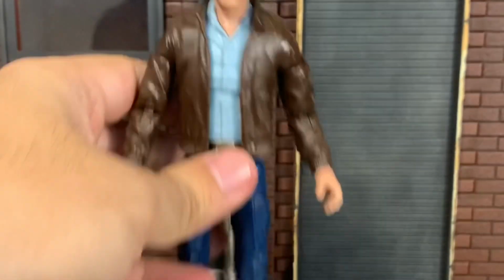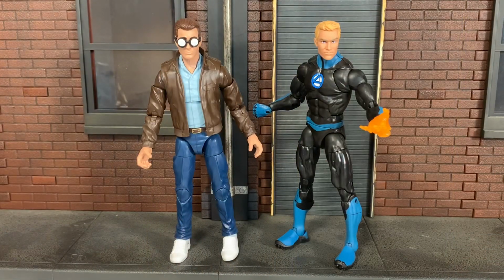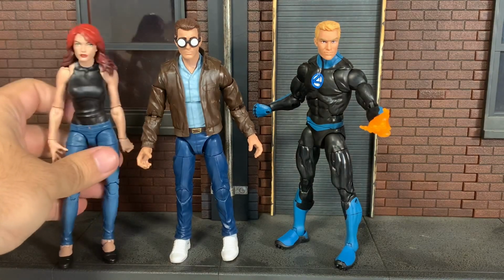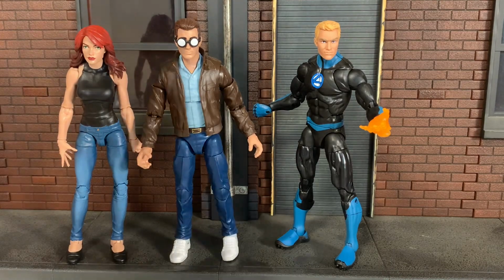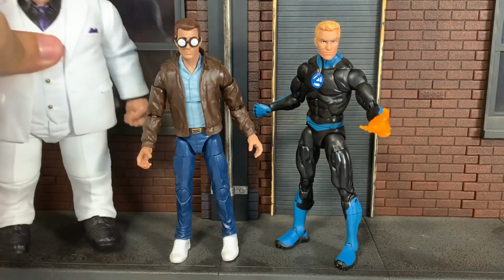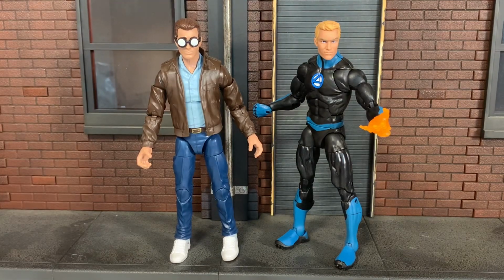Again, all right, now let's move on to some height size comparisons. So really quick, here he is with a powered down version of Johnny, his buddy Johnny Storm. We saw Mary Jane, decent enough height next to one another. Kingpin, cool as shit. I mean, that's it. We'll do the real comparisons with Spider-Man. Speaking of, let's move on, not to Spider-Man, but